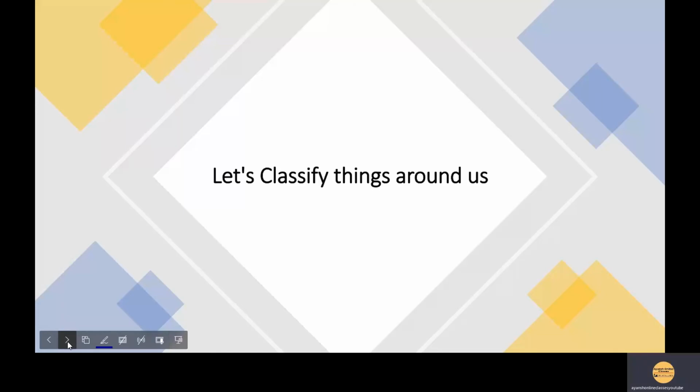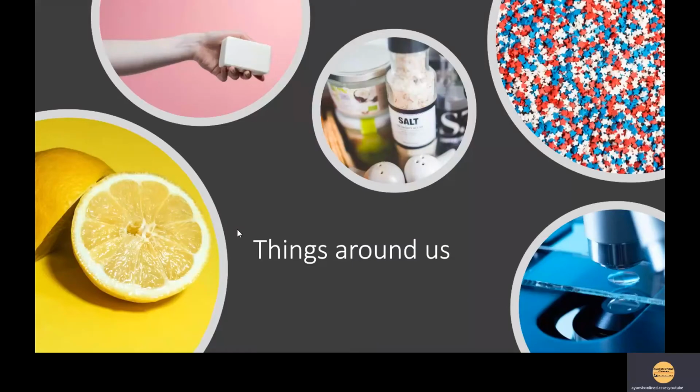Now, when we wake up early in the morning, we start getting fresh, okay, and one of the processes in it is taking a bath. After that, we go for washing clothes, okay. So the thing or the object which we are using is what? We are using soap for taking a bath, or we are using soap or detergent for washing clothes, okay. So what is this soap? This is nothing but a type of base, okay.